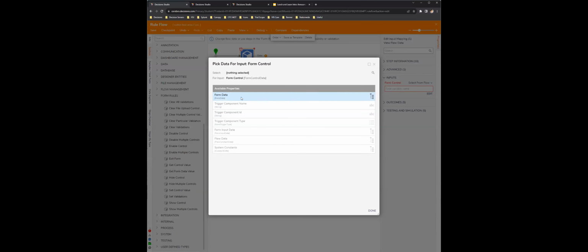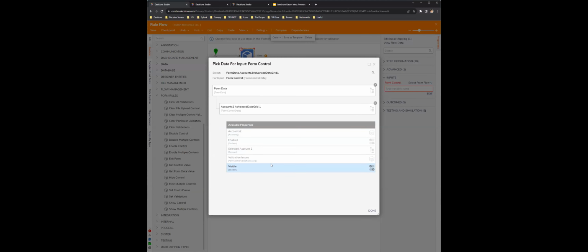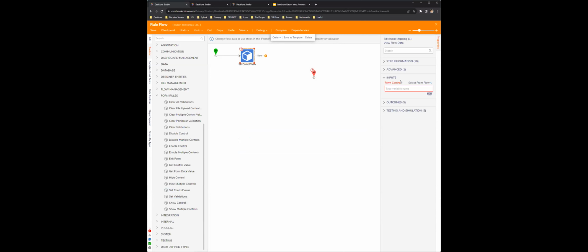we'll go into our form data. We have our accounts two advanced data grid. And so this first one here is the input to that data grid. So I want to first select the form control.